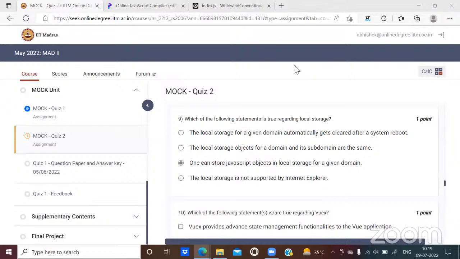Okay, so what you're saying is that the format has changed. Yes. The type has changed. Exactly. Because that's how we demonstrated. Remember, we created a JavaScript object, and then we tried to save it as it is, and we did not find it in the storage. Then when we stringified it, we could see the value. So when we stringified it, it is no more a JavaScript object. That's why we were able to store. The statement says that one can store JavaScript object in local storage. No, it's not correct. Only when you change it to string, you will be able to store it. Maybe that is correct, right?